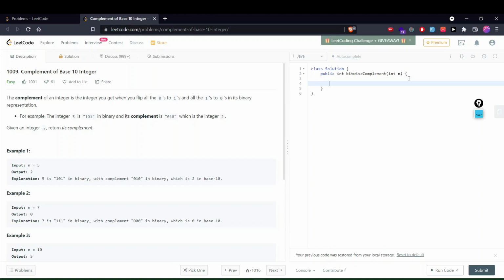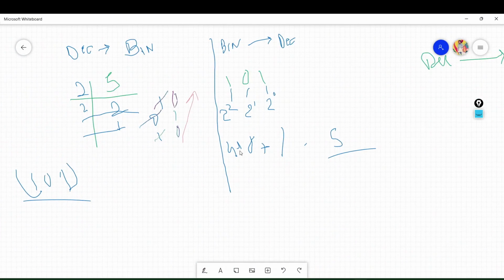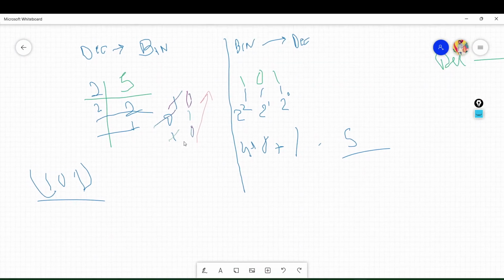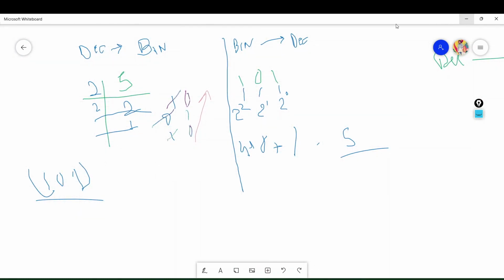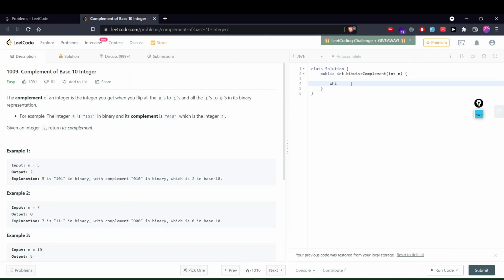First of all, one more thing we have to notice is that we have to do this process until we reach 0. So we have n as the number. We will do while n not equals to 0, we'll run this loop.